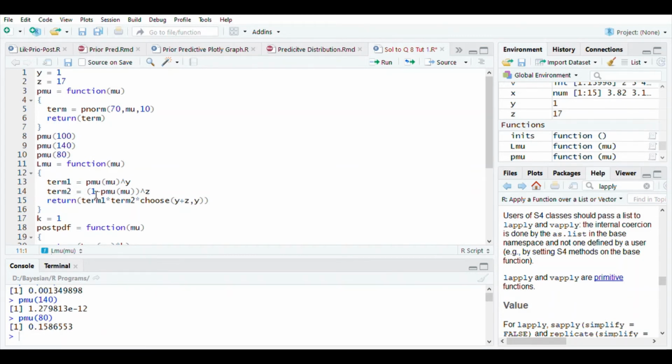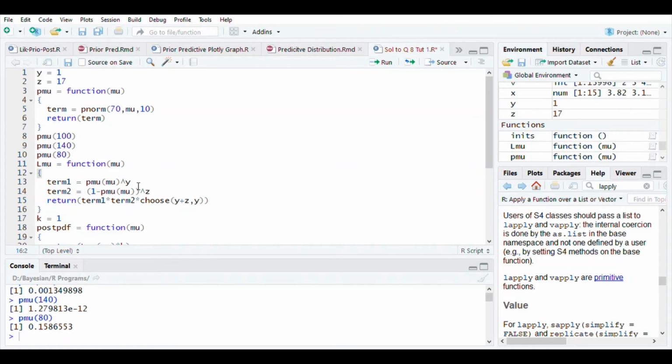Then the second term is 1 minus p(mu), this whole term raised to z. And then finally the last term will be term 1 into term 2 into choose(y plus z, y). So clearly this whole function is actually giving you the value of the binomial PMF